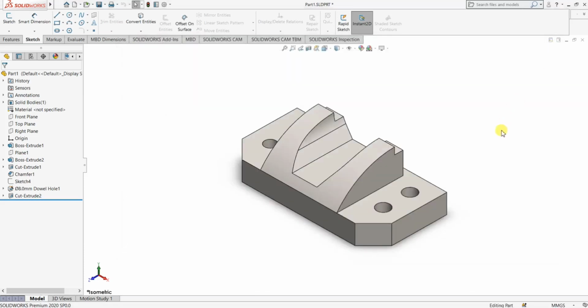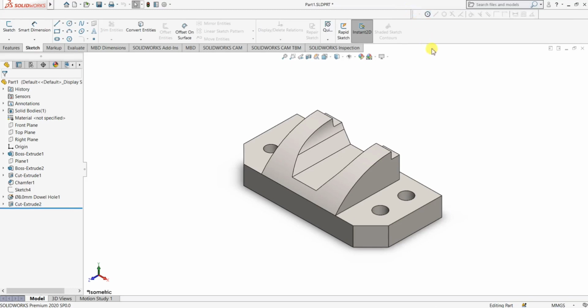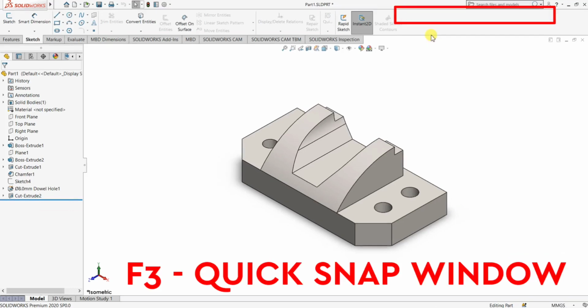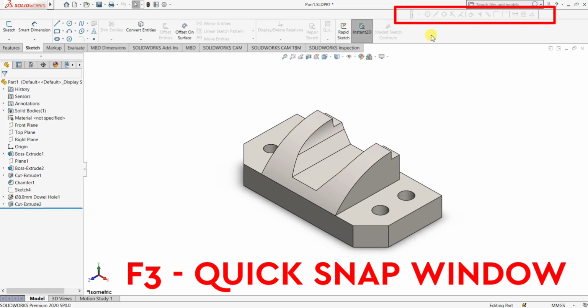Our next function key is F3. F3 is used for the quick snap window. In the quick snap window, snapping points are present. These snapping points are used to snap any points in our 2D drawing. Please remember, this quick snap window is enabled only in 2D drawing.